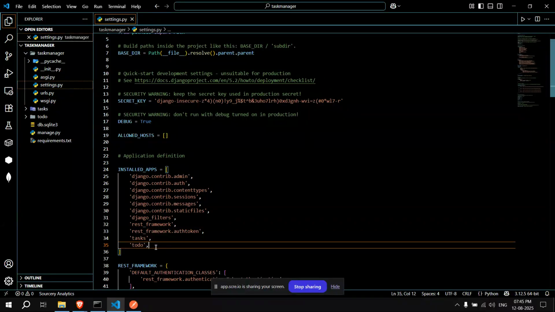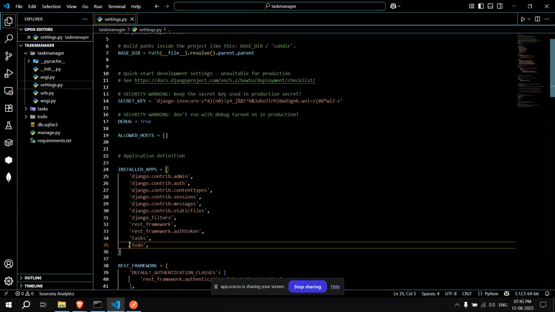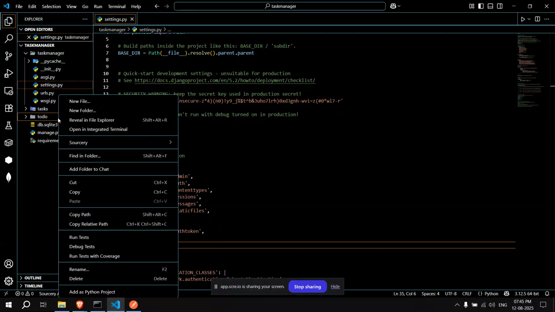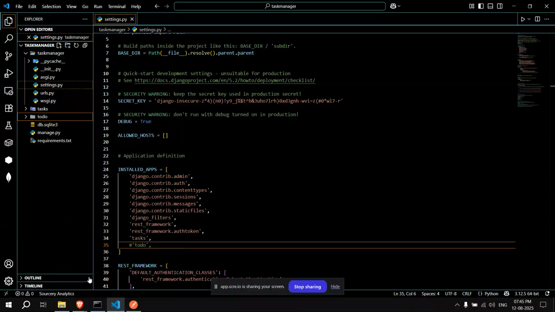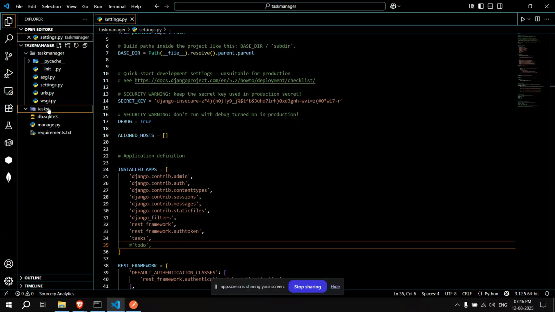For now I'm deleting the app because I've already created an app. So let me just comment this out and delete the app. It's not an issue actually. If you want to leave it here like a todo app, it's not an issue, but still I'm deleting it for a clean interface. So after installing the task app,